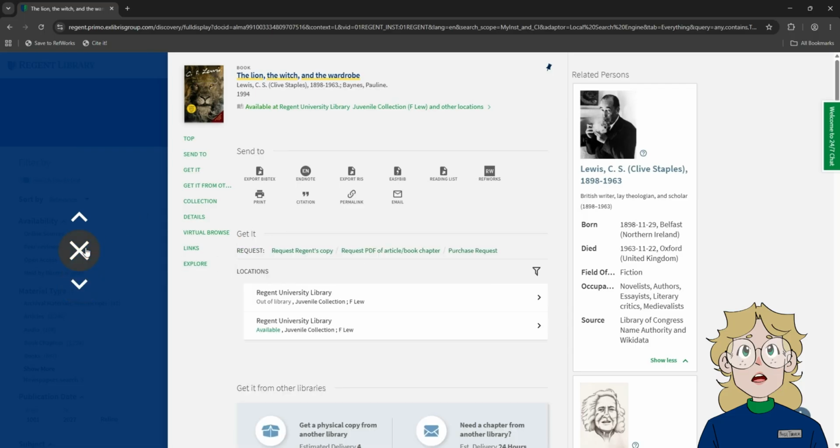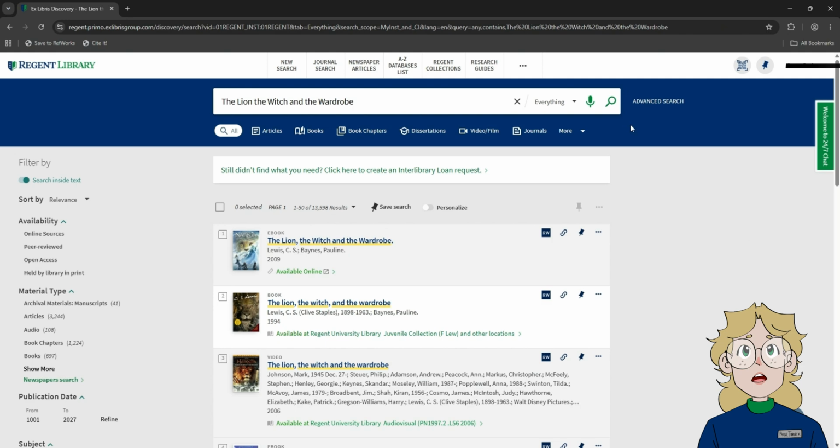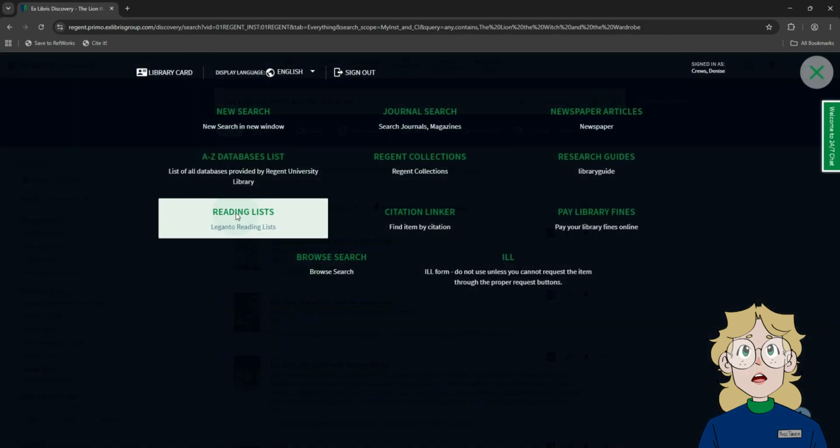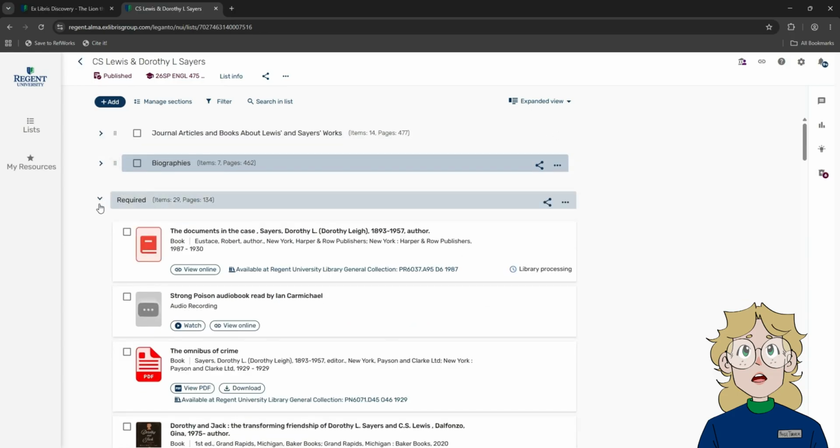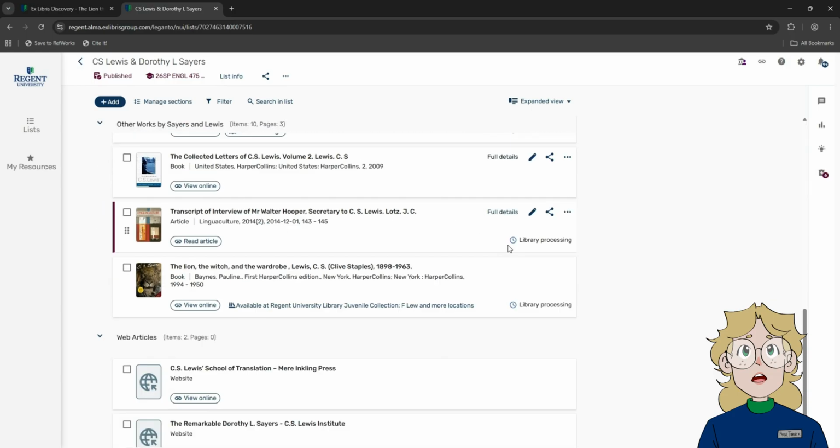Now let's see if it's added it properly. To get to the reading list again from here, after you've searched in Primo, you can hit on this button called More, and then Reading Lists. Now let's look inside this list to see if it's added. I'll just collapse these sections I don't want to see and scroll to the bottom here, and there it is,